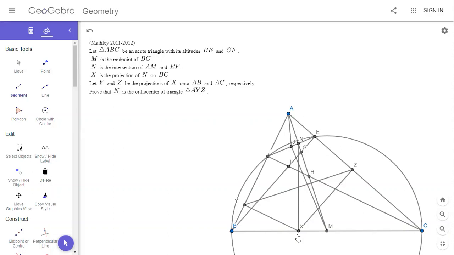It feels like it should be really easy, right? You guys gotta know this. Oh, if we can show